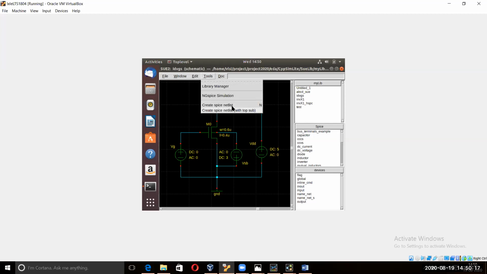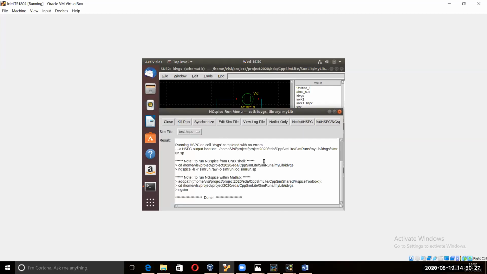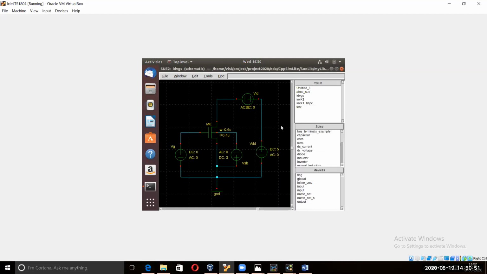Like the netlist is the same. Don't do this, I said this to create, to see your netlist. You can do ngSpice simulation. Then the netlist, and then, how I said, see, this is home and all. You go and see the path completely. You just copy the path, then you will find it inside the simran.sp file. Okay, so your netlist will be automatically created. You don't have to do anything because you are creating the schematic.